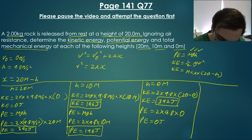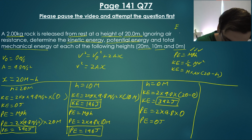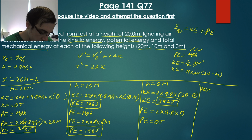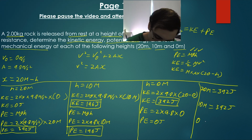So now to finish off this question, we need to look at the total mechanical energy. So the energy total is going to equal the kinetic energy plus the potential energy. So when the height is equal to 20 meters, we have the kinetic energy plus the potential energy. So that's going to give us a total mechanical energy of 392. Then we look at when the height is at 10 meters. We're going to have 196 plus 196, which is 392. And we look at our final one, which is going to be when the height is equal to 0. So again, 392 plus 0 is going to give us